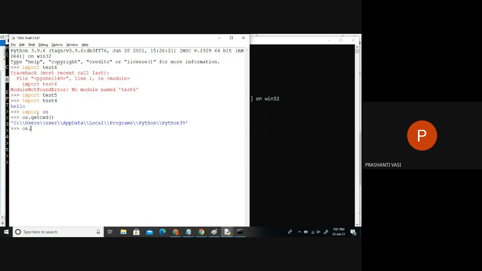We have to change the directory. In Python's OS, we have an option to change the directory. So the change directory option is already here. You can choose this and mention the directory path to whichever directory you want to change to right now. Just mention that here.